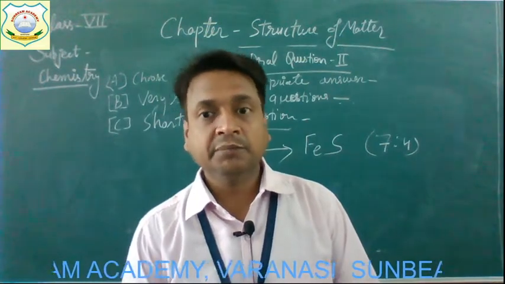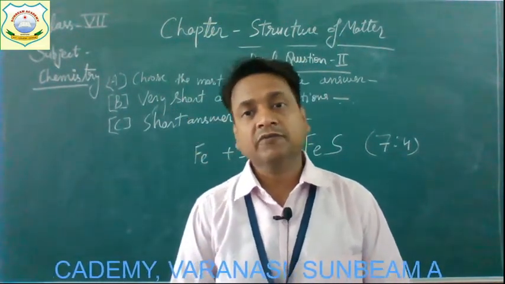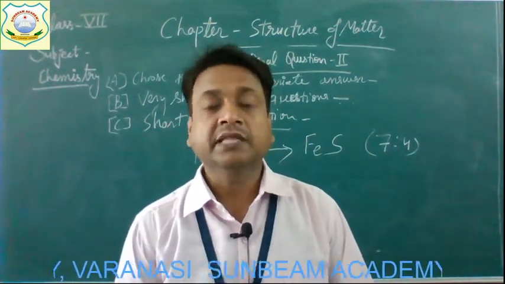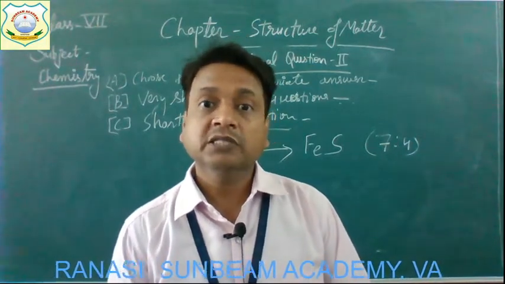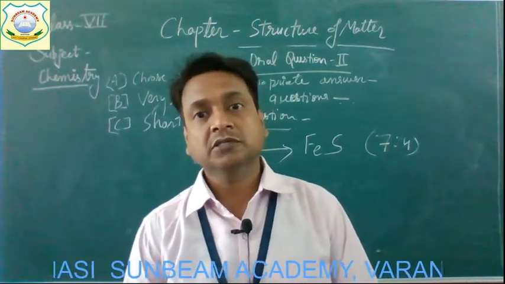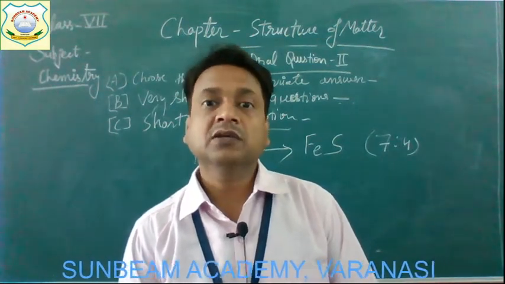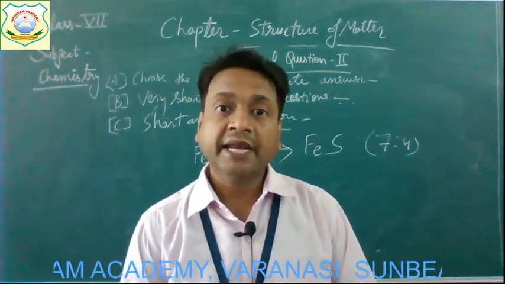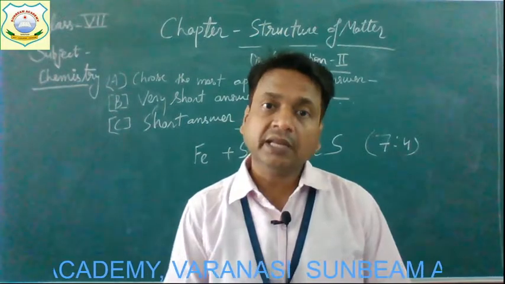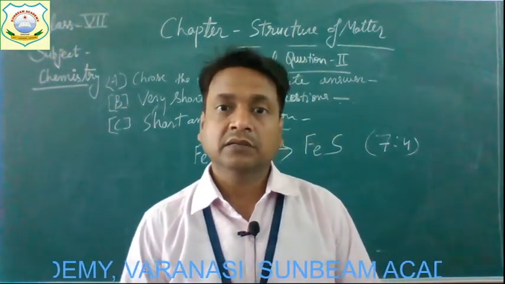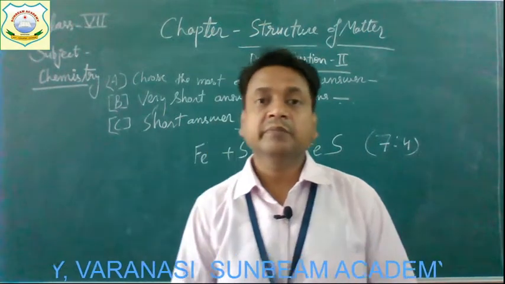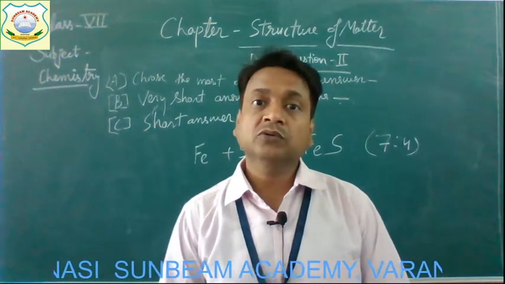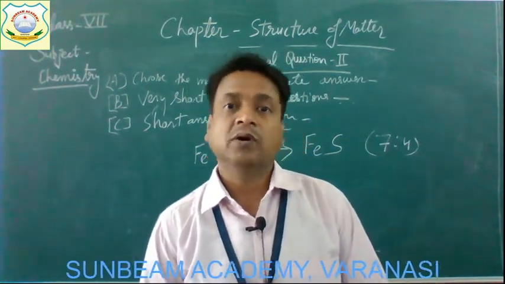And the modern definition is simply that the combining capacity of elements is termed their valency. Like the valency of oxygen is 2. It means that the combining capacity of oxygen is 2. The valency of sodium is 1. It means that its combining capacity is 1. It can combine with other elements only 1, not more than 1. So this is indicated by the different valencies of the elements, and valency plays an important role at the time of forming a compound.